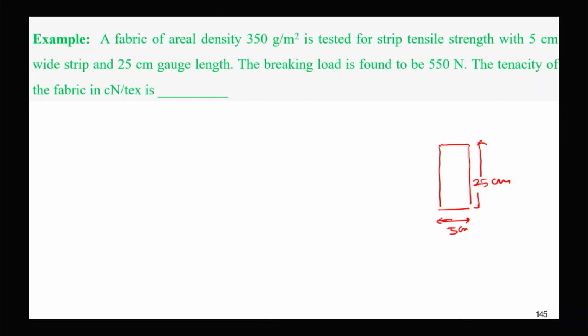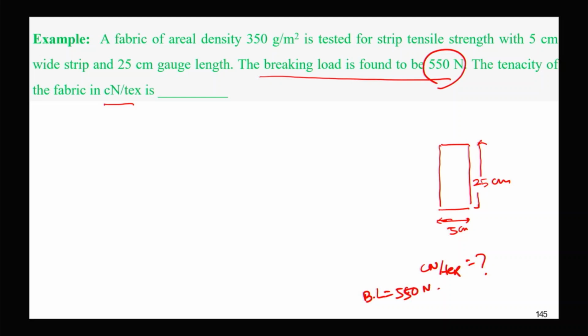Gauge length. If the breaking load is 550 Newton, we have to calculate the tenacity in centinewton per tex. So the breaking load is given as 550 Newton. That means